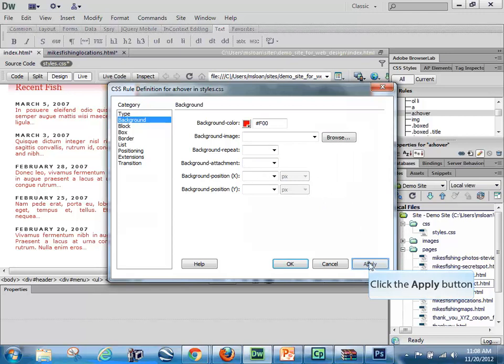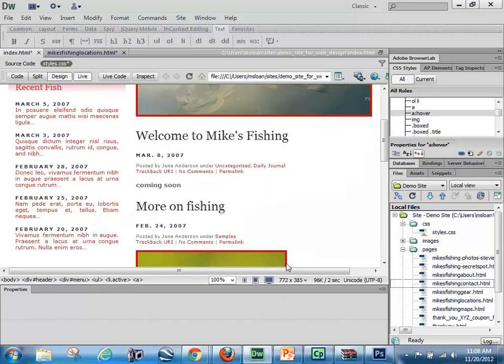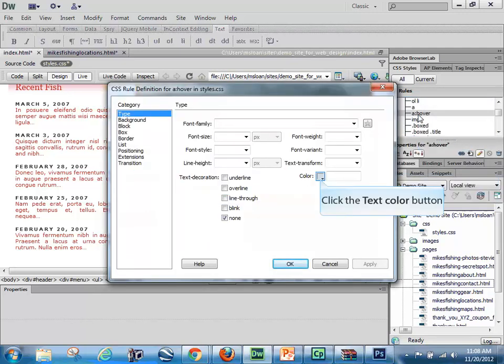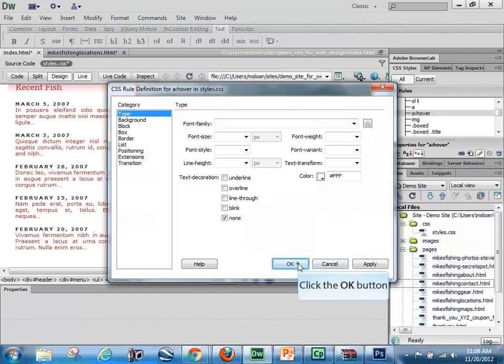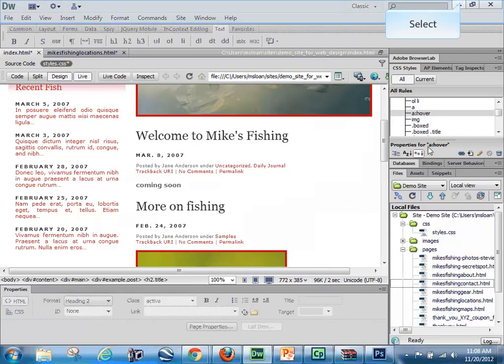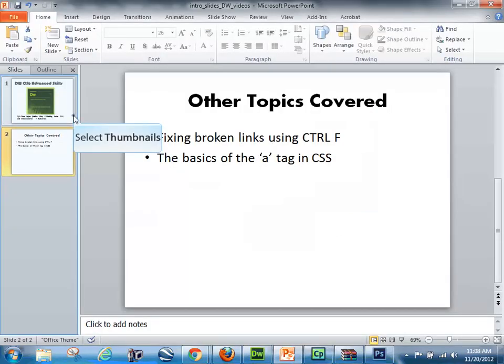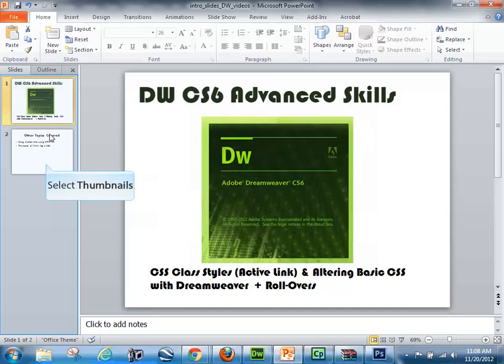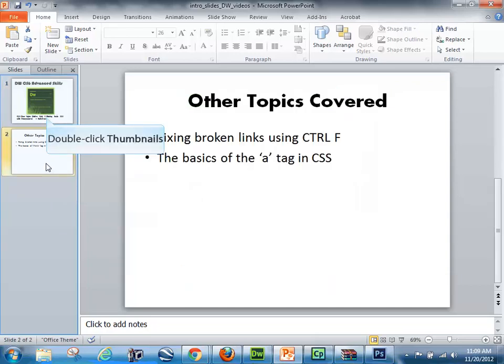So now when we see, oh wait, no, you know what? Now when I roll over it, I can't really read the text that well. That's fine. Go into type and make the text white when you roll over it. See that? Guys, a lot of you have been asking me about this. This is not tricky stuff. So there's a bunch of review of CSS and how to handle those active classes. I know we took about half an hour to do that. It probably shouldn't have taken that long, but I think you'll be a lot better off now when you're